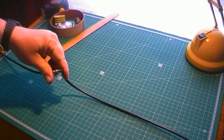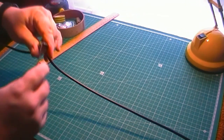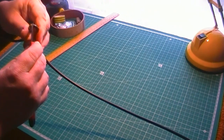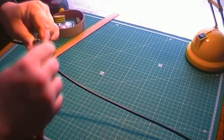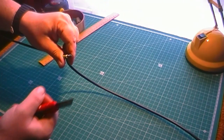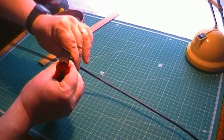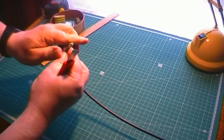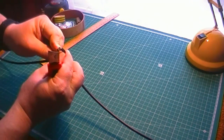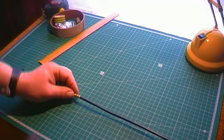Doesn't really matter if you cut into the braid slightly, but what you certainly don't want to do is cut into that centre dielectric. And just sort of bend the cable against itself there, and if it's in the shot, you'll see it just exposing that braid, like so. Then what you do,